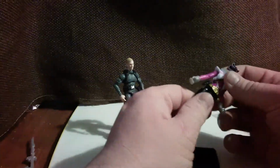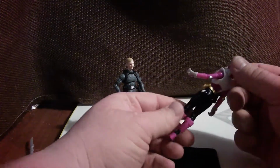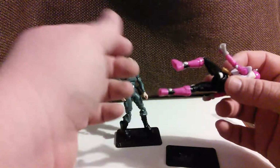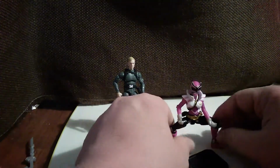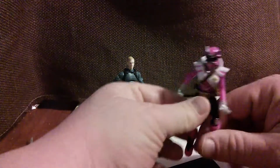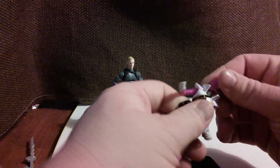As far as articulation goes, there is no bend at the waist. Now, I've seen videos where people have added that, so I might do that if I do make this into a custom. But it is kind of interesting. You do get your knee bend, and what's weird is that I've never seen them hinged quite like this, where you can do the dog stance with your action figure. But I guess if you want to do the dog stance, she might be the one you want to do that. I don't know. The head does turn completely around,